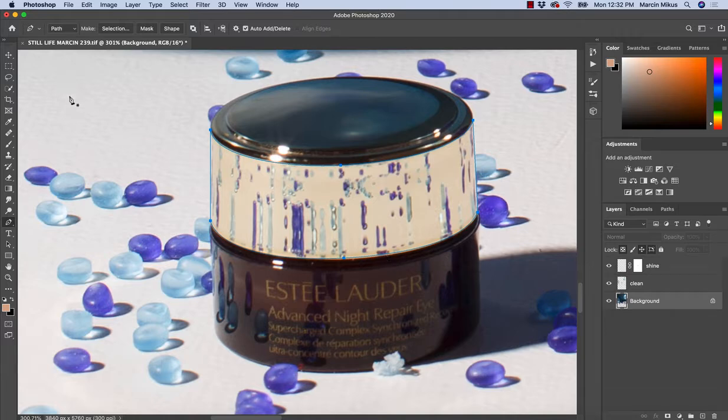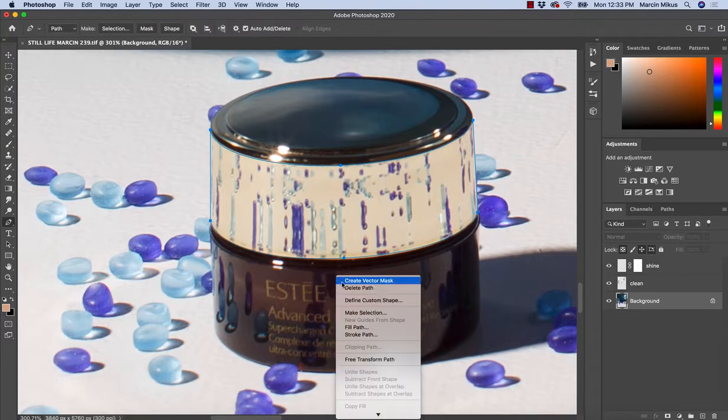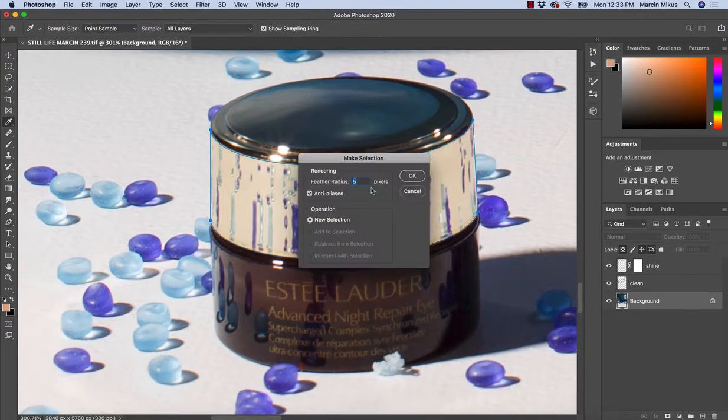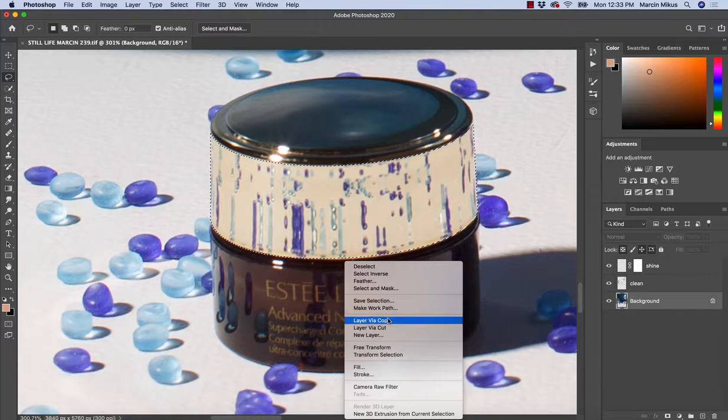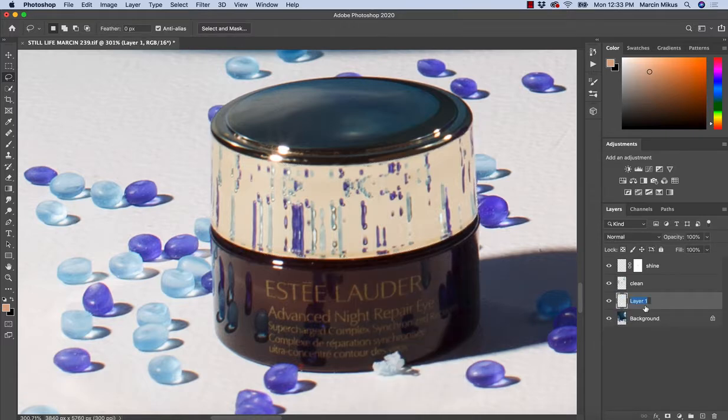So I'm going to do a copy. First of all, make selection, feather radius, let's keep at 1 pixel, and this part I'm going to do layer via copy. So this one I will rename to reflections,